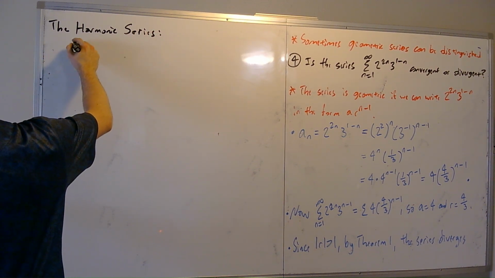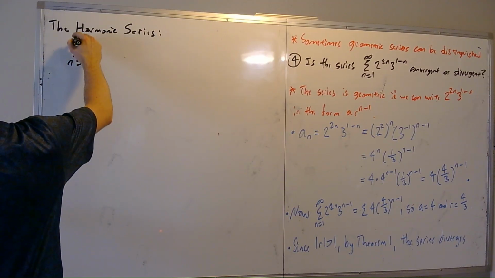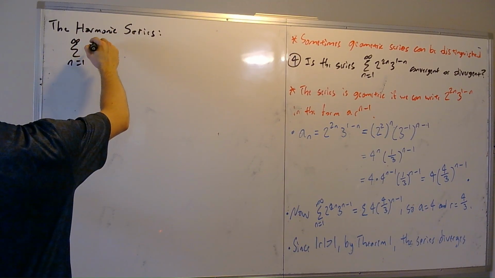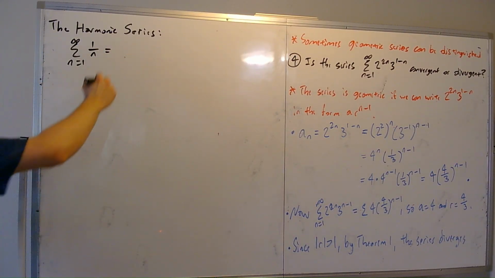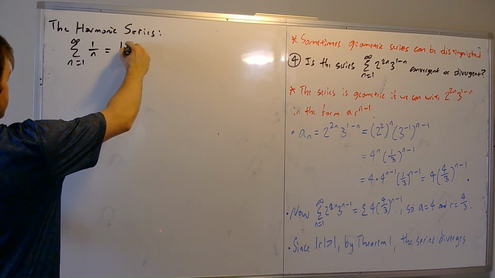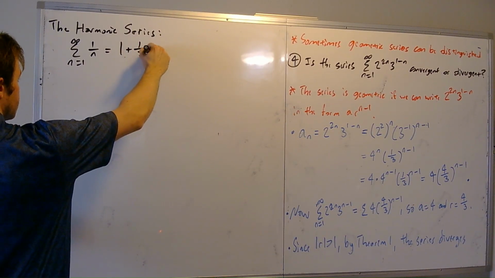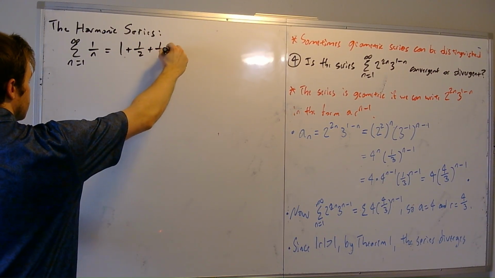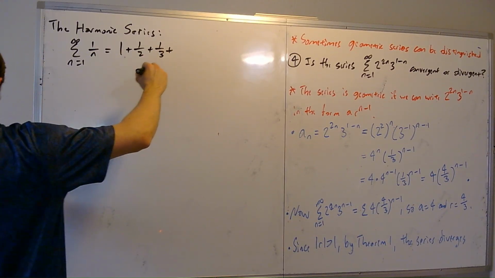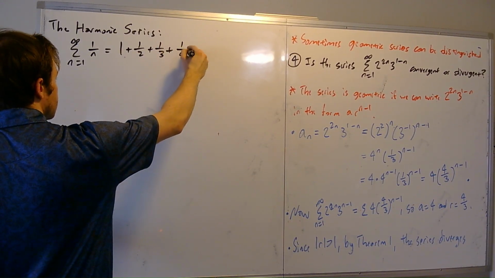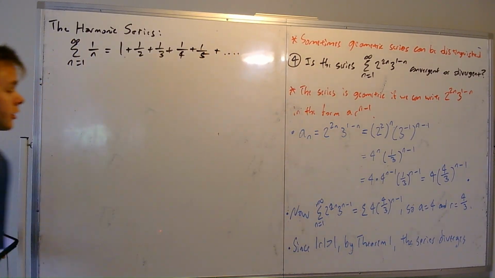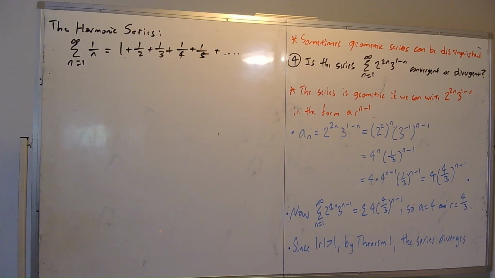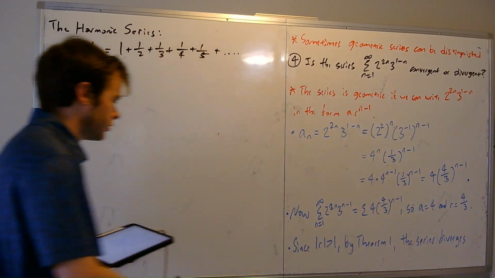We'll call this the harmonic series whenever we have the sum from n equals 1 to infinity of 1 over n, which if you write it out is just 1 over 1, which is 1, plus 1/2, plus 1/3, plus 1/4, plus 1/5, and so on, right? You can just keep writing out terms. There's infinitely many terms. So this is called the harmonic series,